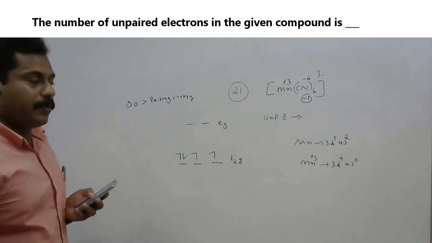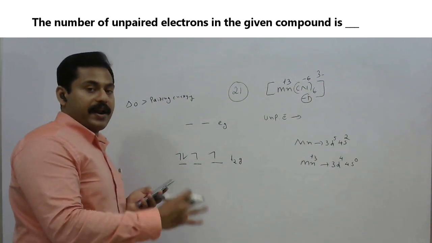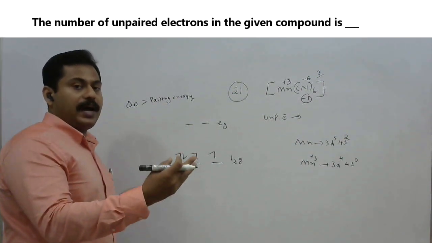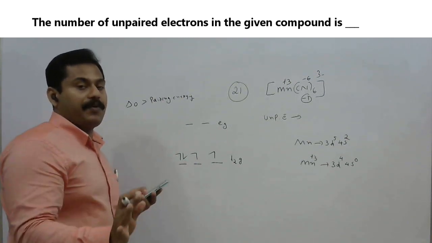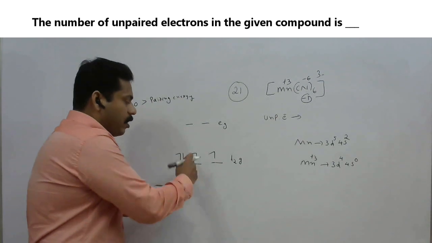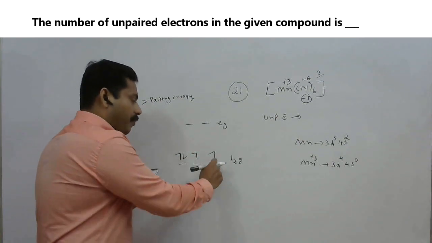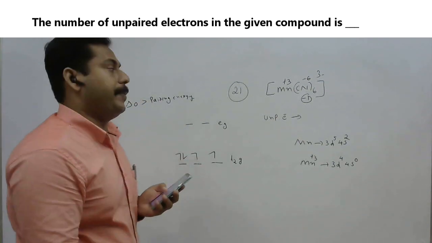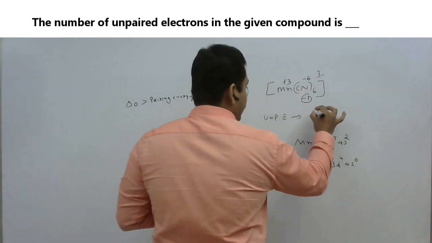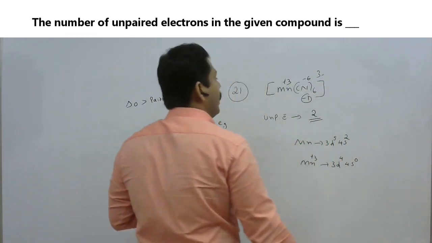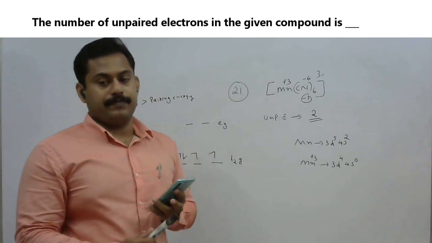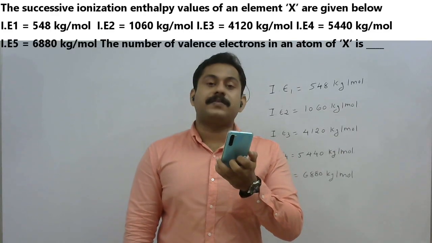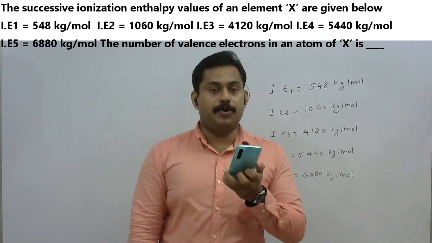So that is a very important question. So do not go for valence bond theory. We have to go for the crystal field theory only whenever they ask the magnetic moment or number of unpaired electrons. The ligand is strong, but it doesn't matter. 1, 1, 1, then only pairing up will happen. Therefore, how many unpaired electrons are there? 2 unpaired electrons are there in Mn(CN)6 3 minus. Thank you.